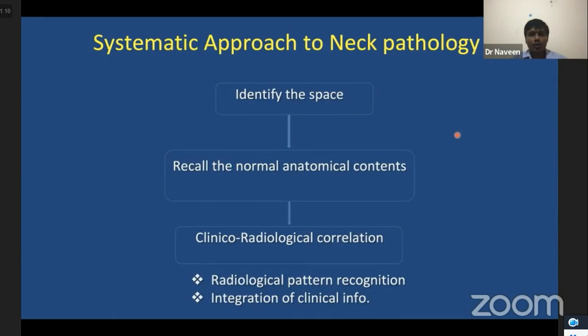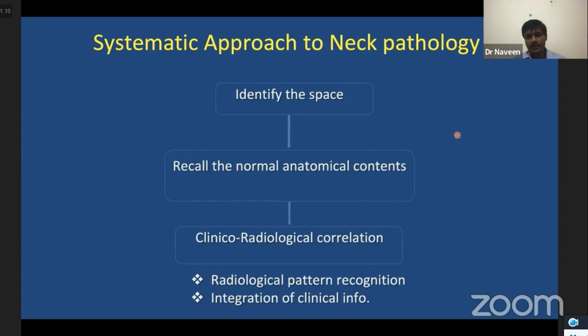First, you should know how to approach a neck pathology. So, the common protocol we should follow while approaching the lesion is first identify the space. After identifying the space, recall the normal anatomical contents. Once you know the anatomic contents, you can know all the pathologies and DDs related to those anatomical contents, and you can pattern based on the radiological appearance of the lesions, and you should integrate with the clinical information, such